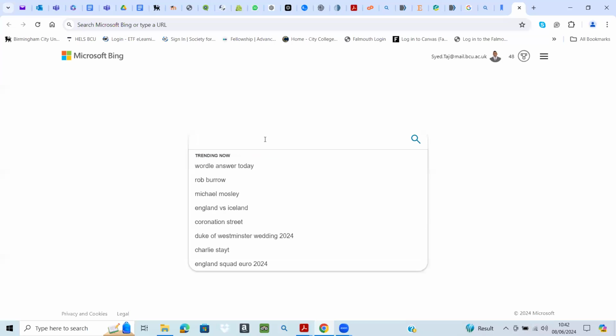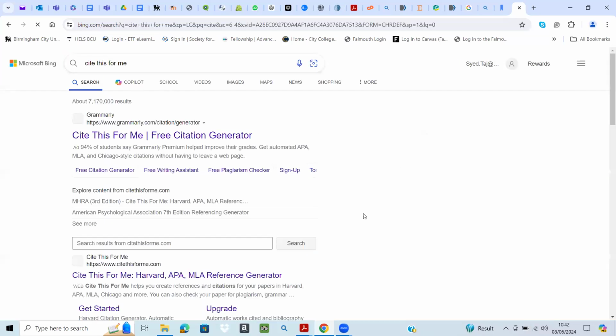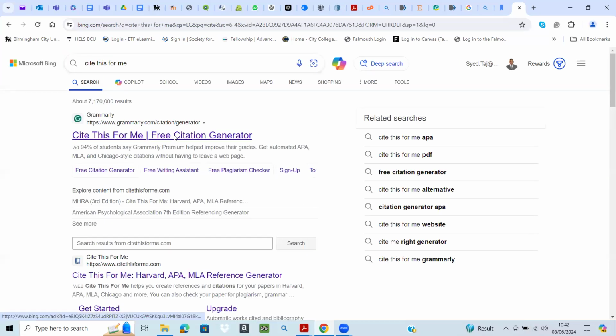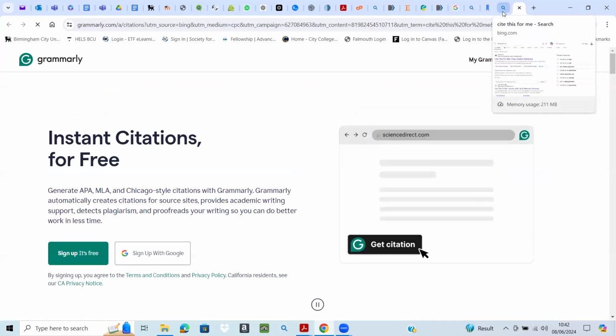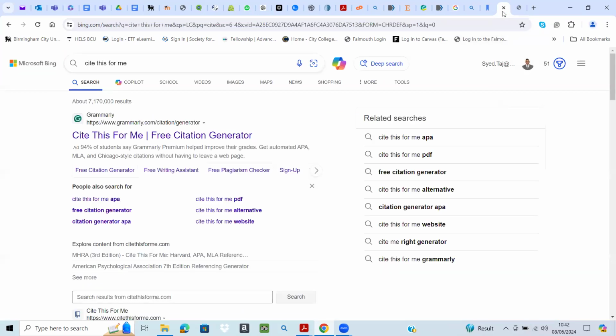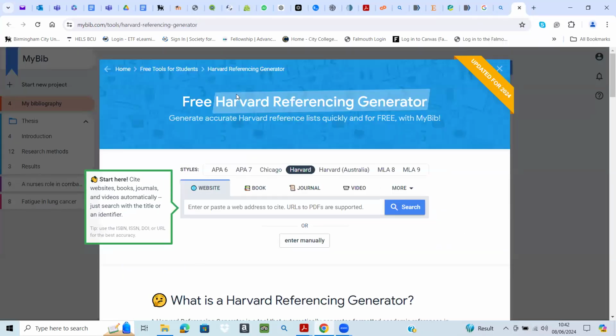We have another option as well. Cite This For Me. So look, I have the option here. Cite This For Me, Harvard. So we will look for the Harvard referencing style. So this is another website where we can create the in-text citation and the references. Or if we go for, I usually use mybib.com. So this one I have. For example, if I search it